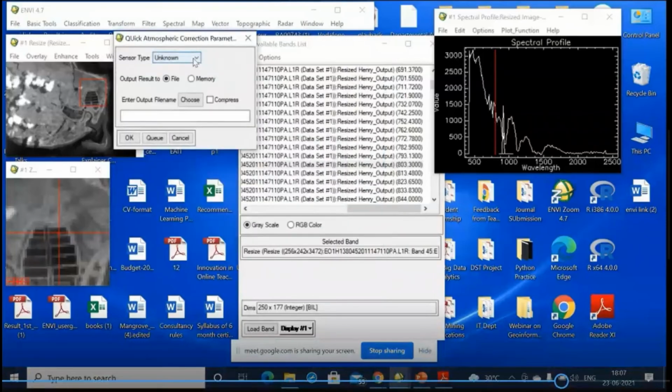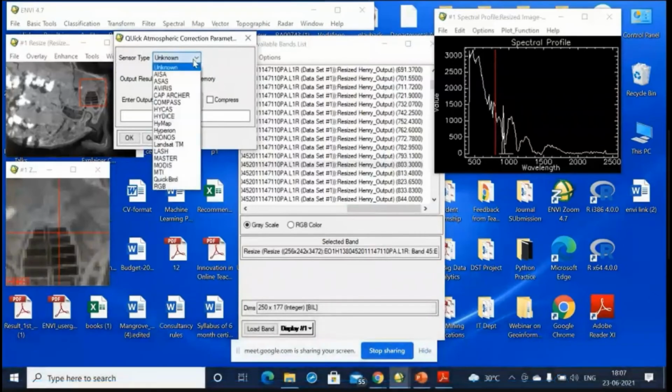See here, you have to select the sensor type, because there are different kinds of sensors that capture data, and based on the sensor type, the atmospheric correction will be done. A Hyperion sensor is located at a certain height. Similarly, the Landsat sensor is located at a certain height. The heights of different sensors vary. The properties of different sensors vary. So based on the kind of sensor, the atmospheric correction will be done accordingly.